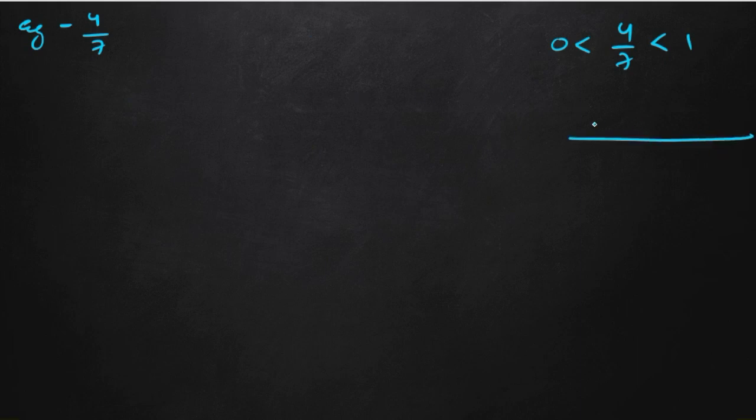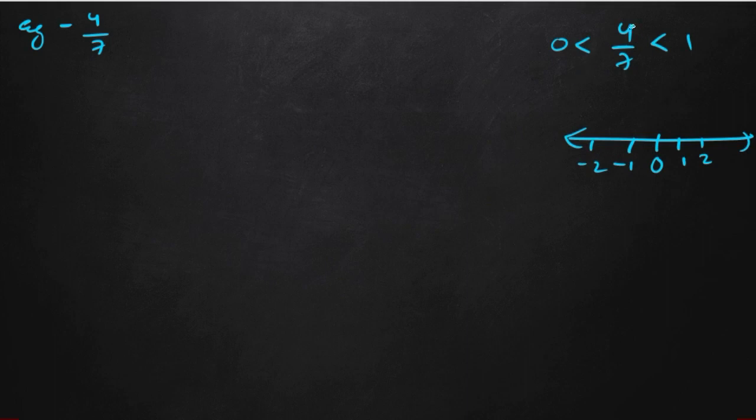Suppose let us take another example which is negative. Okay, minus 4 by 7. So just look at the 4 by 7. 4 by 7, the denominator is bigger. So if the denominator is bigger, it will lie between 0 and 1. That means it will be greater than 0 but it will be less than 1. Okay, so what we will do in the number line, the center is 0. If you move towards the right, we will get positive numbers, and if you move towards the left, we will get negative numbers.